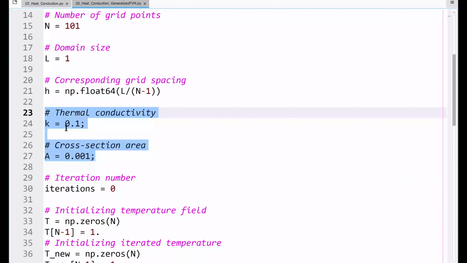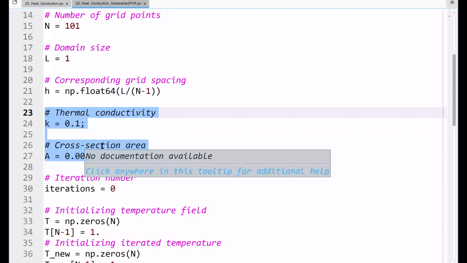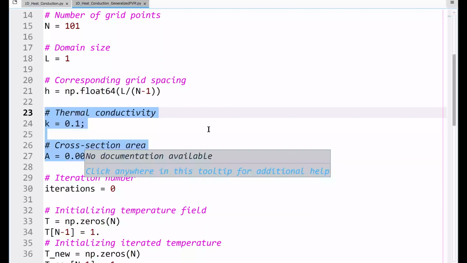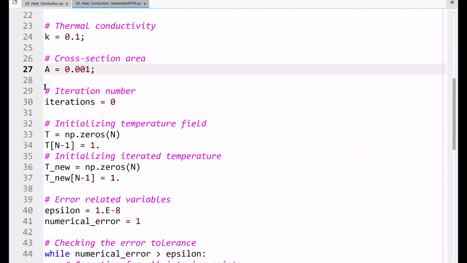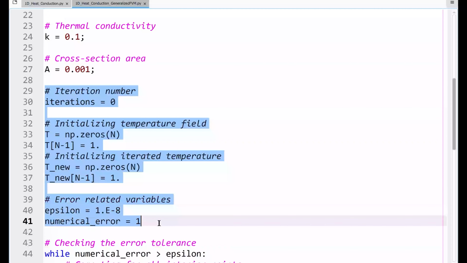So here I'm simply defining them as K and capital A, and you would have remembered that even though the numbers don't really matter, you would need these numbers in order to calculate those coefficients. So that's the new thing that I've done here, just to define these numbers. The part that I'm highlighting right now more or less remains as it is. There's no change because we don't have to.